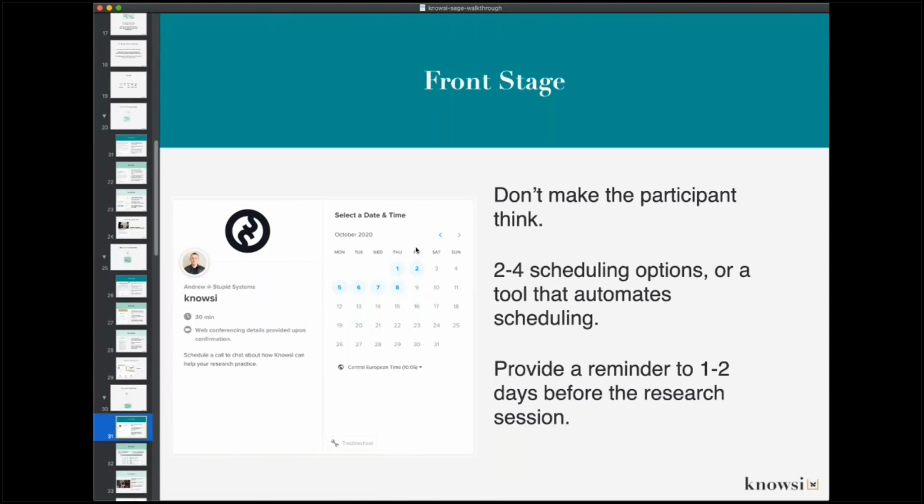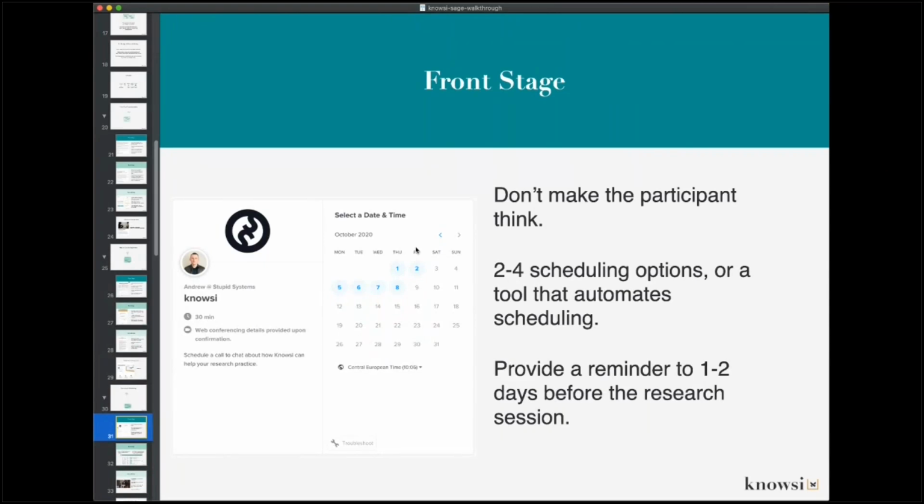And then always send a reminder 1 to 2 days before the actual research session, because most participants, as I found just having interviewed a couple of former research participants to understand their experience, completely blank on this thing and won't necessarily even put it in their calendar. So providing some kind of reminder, making sure that they'll be present either at their home or at the place where the research is taking place is critical.